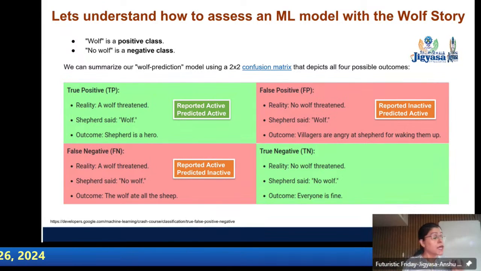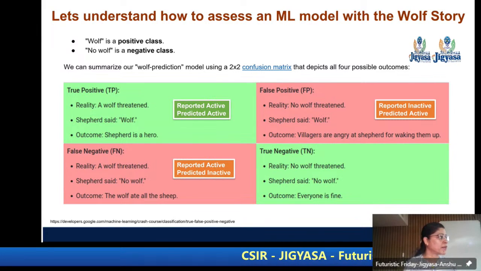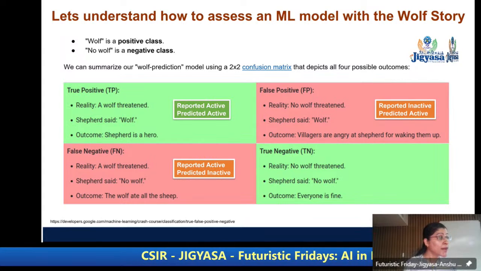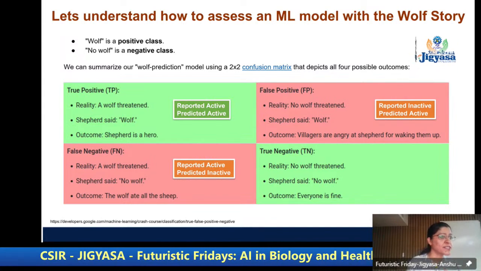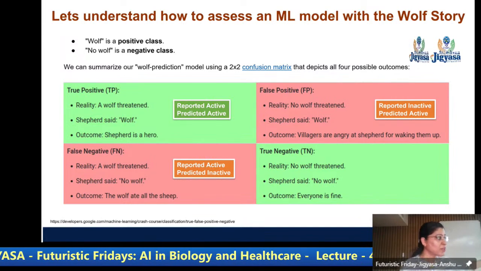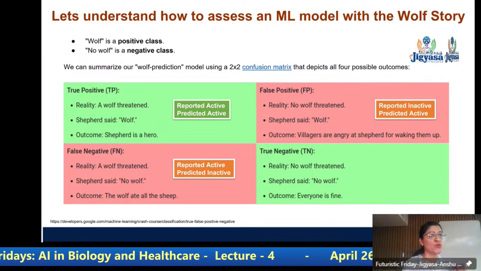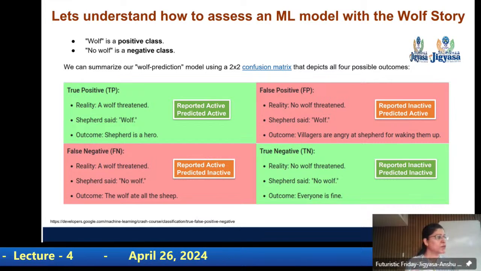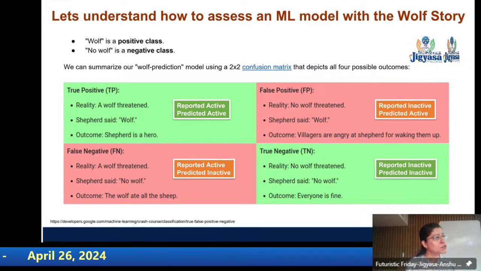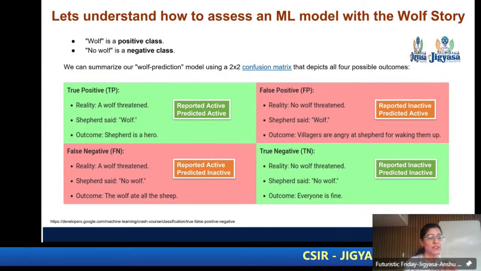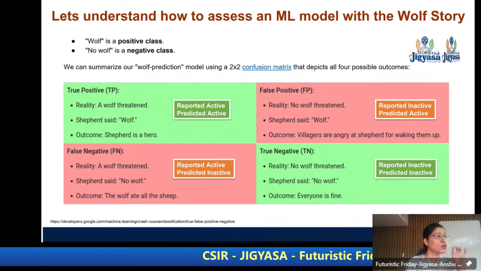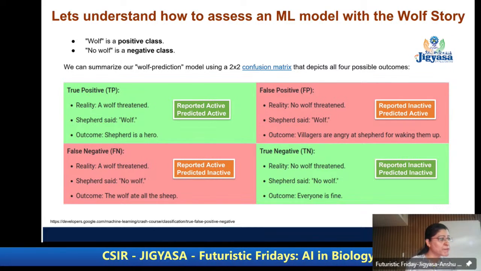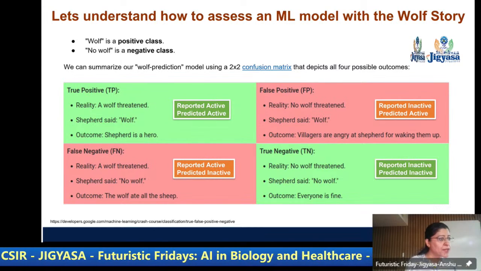Serious is this. The false negative: it is reported to be active, but your machine learning model has failed to predict it. Now you are actually missing potential drug candidates, because they are supposed to be drugs, but you are not finding them to be drugs. And the last one is true negative. No activity reported, no activity found. Good.